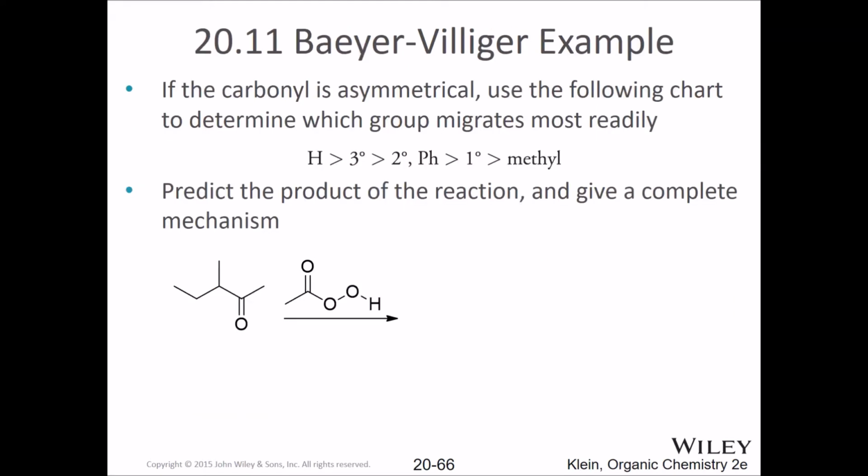All right, so let's look now here at what's going on here. If the carbon is asymmetrical, use the following chart to determine which migrates most readily. Where a hydrogen migrates most readily and a methyl group migrates least readily. In other words, where's the oxygen going to go? Do you see what I'm saying here? The oxygen's either going to go in there or in here. So let me say this is option 1, this is option 2. Option 1,